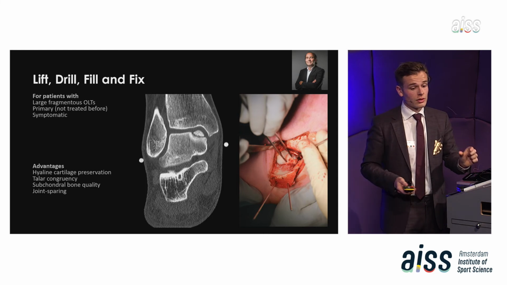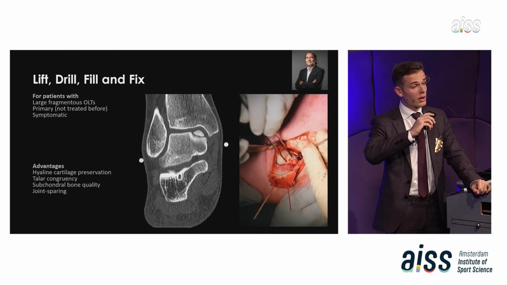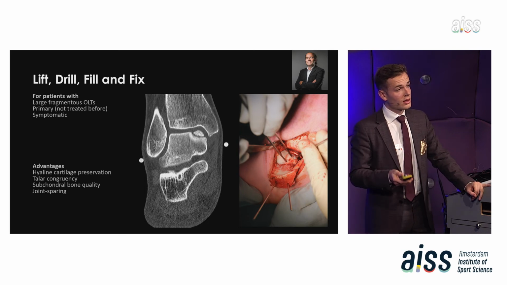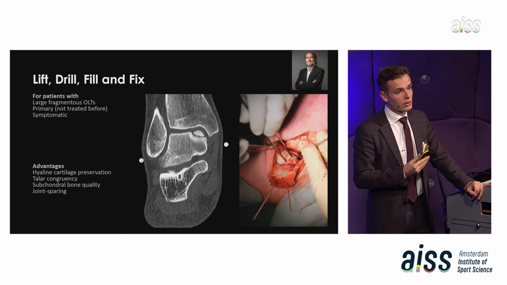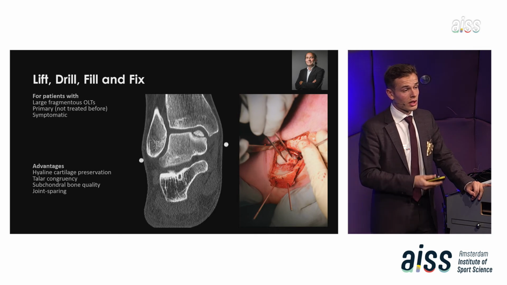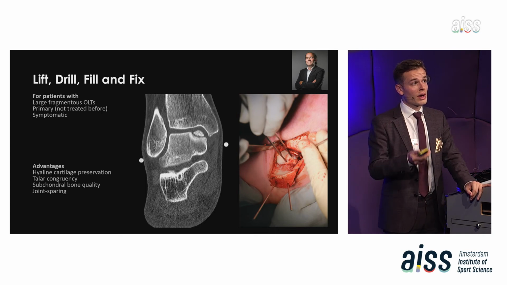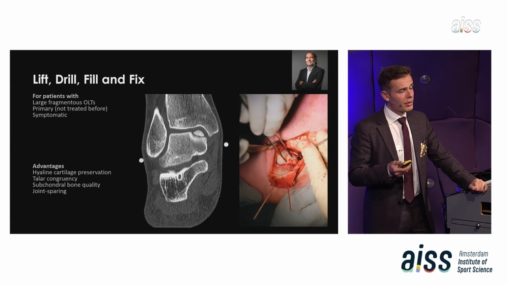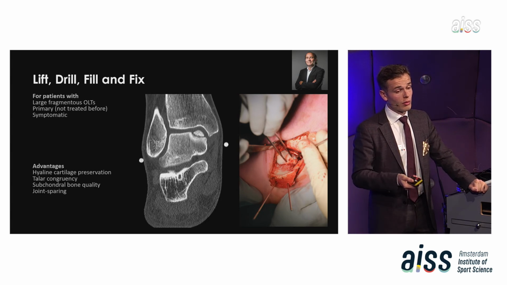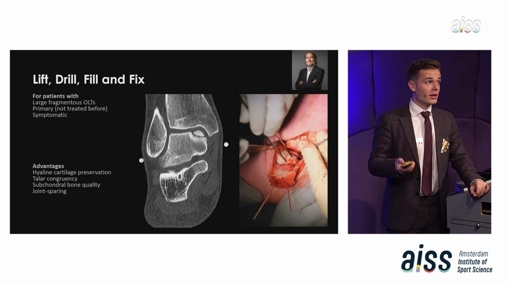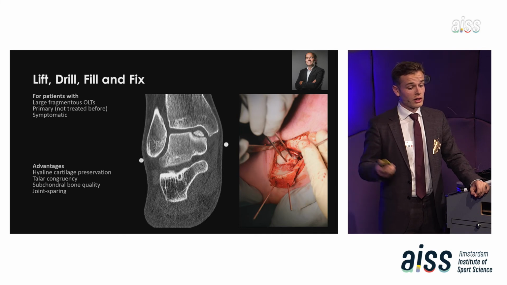They have this large bony fragment in the ankle joint with a normally healthy cartilage layer on top. This type of injury could occur during adolescence or childhood when the cartilage needs to grow back into bone, and then this fragment can occur. Patients complain of the same complaints as prior to the TOPIC procedure, which is deep ankle pain during weight bearing, and then they could be an indication for this fixation procedure.